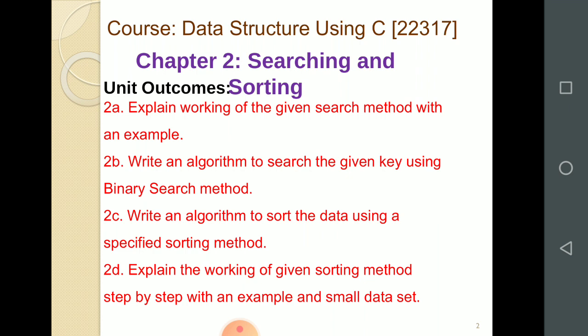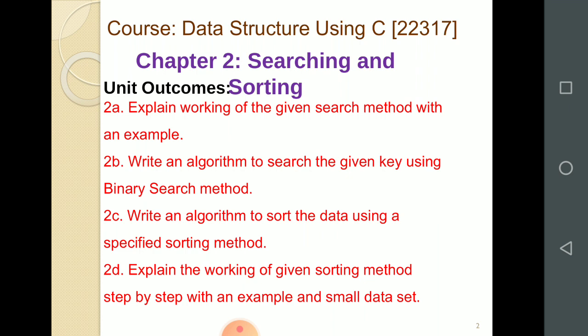They are creation of a data structure, insertion of an element, deletion of an element. We have to search for an element from the data structure. So these are the different operations we may require to perform on the data structure. If you have a database, you can insert a record into that database, you can delete a record, you can retrieve from the database, or you can search for things in the records, or you can sort those data. Those are the different operations we can perform on data structures.